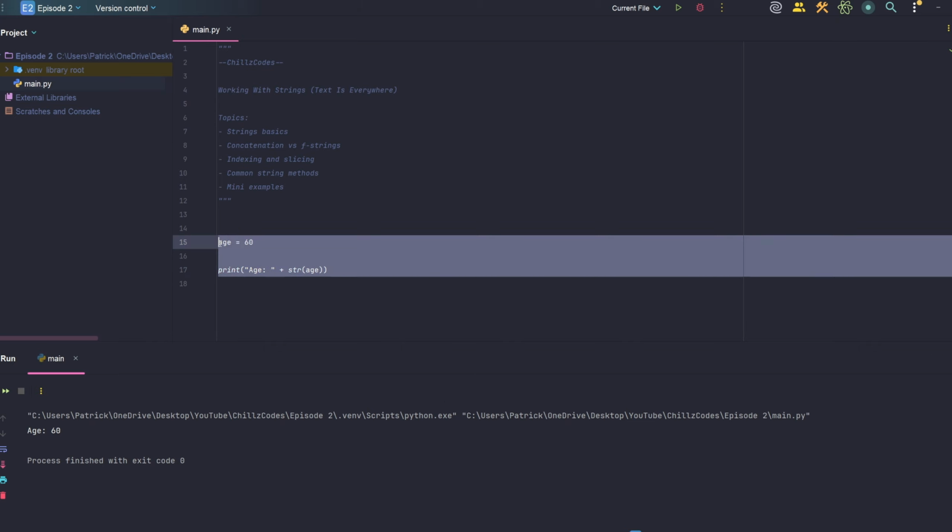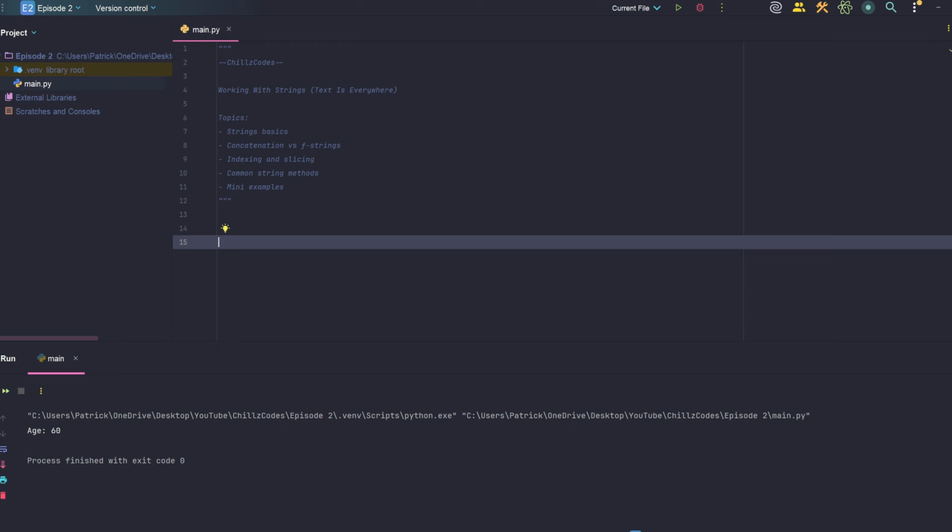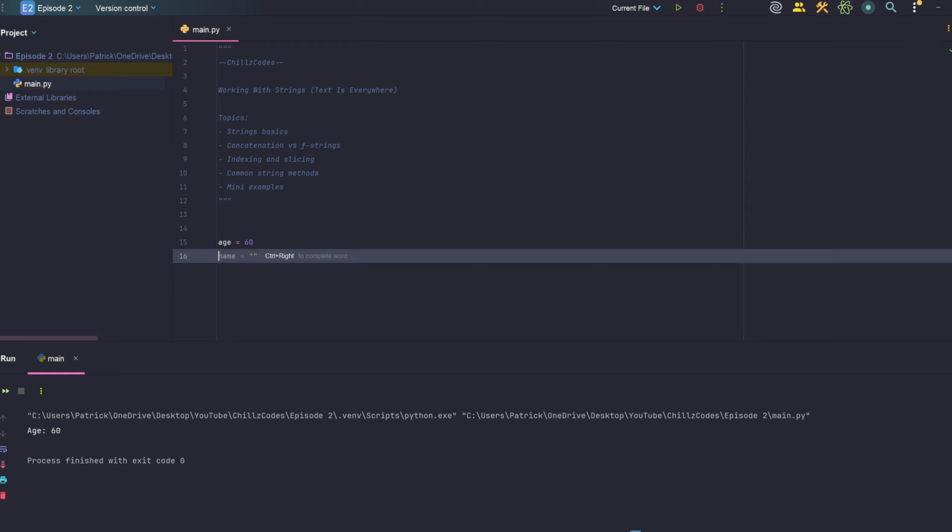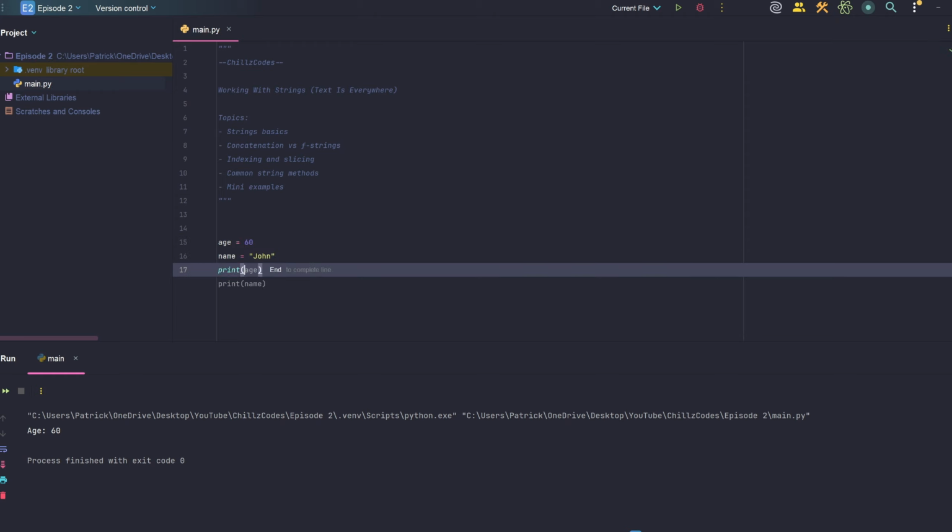But the method that a lot of people use to display things the correct way, or the more modern way, is through the use of f-strings. An f-string basically just formats the string. So let's say we have age again, name, and then we print. To start an f-string, we start with just the letter f, and then double quotations. And so I'll go, my name is,